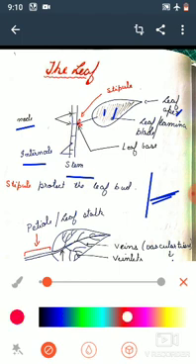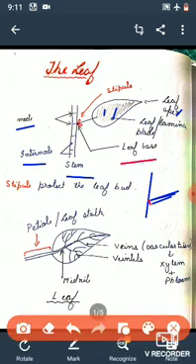Now the base part of the petiole which is attached to the stem is basically the leaf base. What is leaf base? The basal part of the petiole by which it is attached to the stem is the leaf base. Now this petiole continues in the leaf blade in the form of midrib. Okay, now this midrib continues in the leaf lamina or the leaf blade.